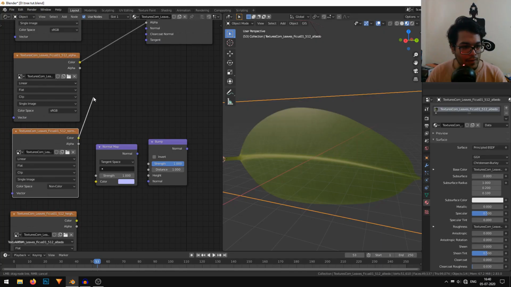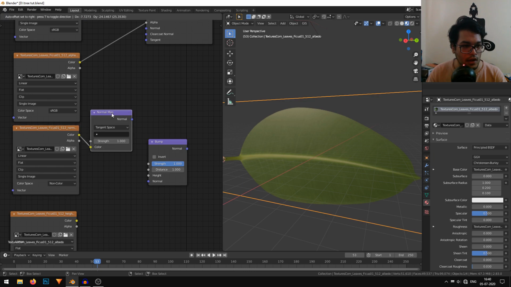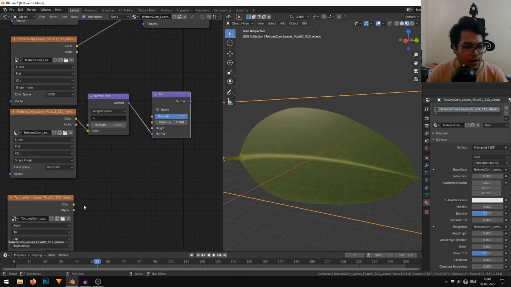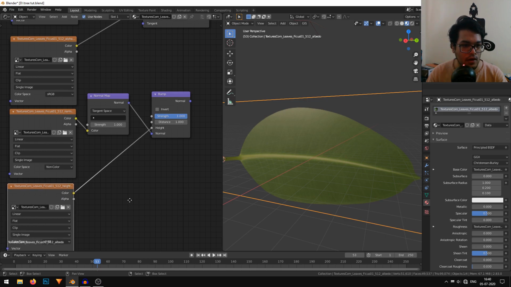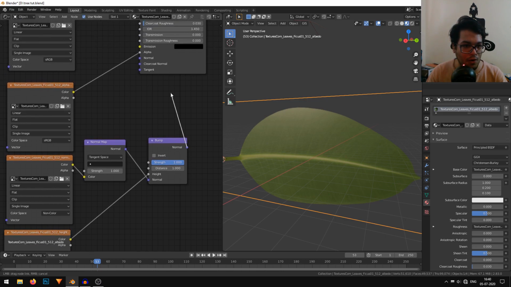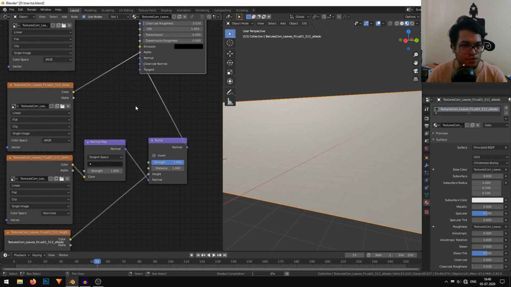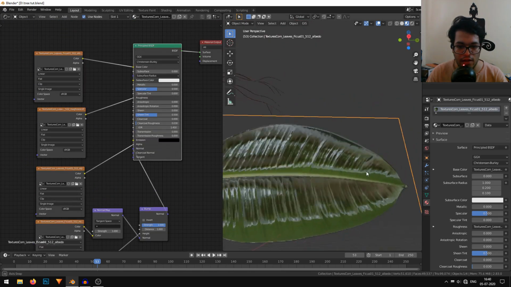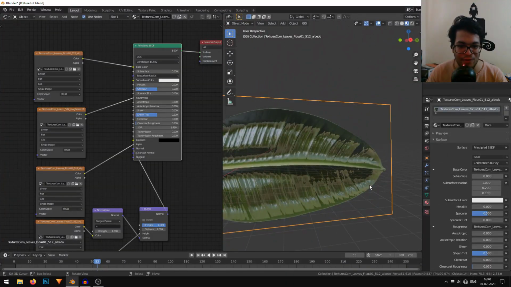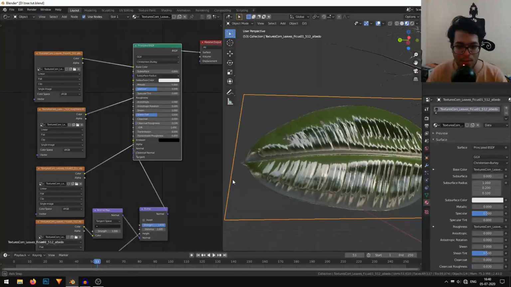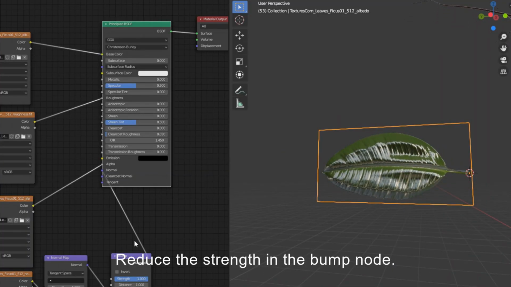The color of the normal map goes into the color of the normal map node. So this is quite easy. And the normal goes into the normal of the bump. And now, as you might have guessed, the color of this height map goes into the height because this contains the height information. And finally, the normal of this bump goes into the normal of the principled BSDF. And as you can see, we have a crazy amount of bump going on. We don't need this. The normal map strength is quite a lot.